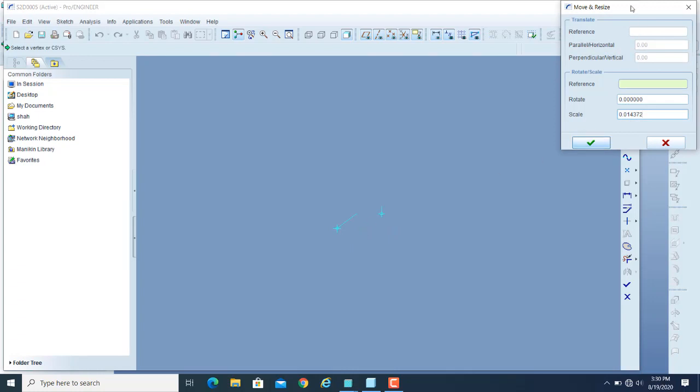Then this pop-up will appear in which you can set the rotation angle of that sketch and the scale. So अगर आप 1:1 करना चाहते हैं, it will be inserted with the same dimensions, with the same scaling factor that you have created. Otherwise, for example, अगर इसको मैं upscale या downscale करना चाहता हूँ, suppose 0.6, all the dimensions will be reduced by 60%. So let me use this 0.6 scaling factor for the new sketch,